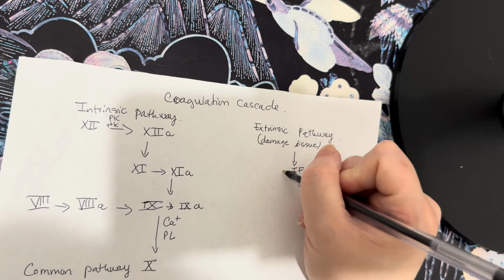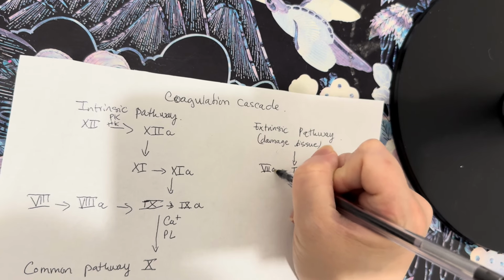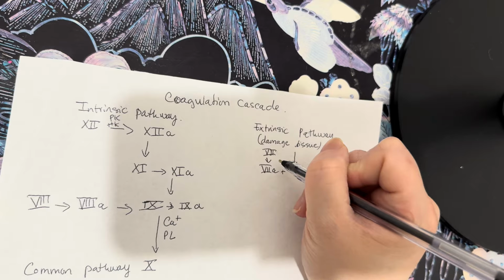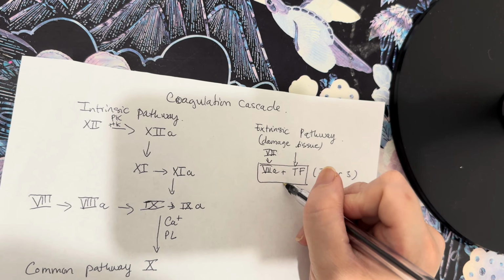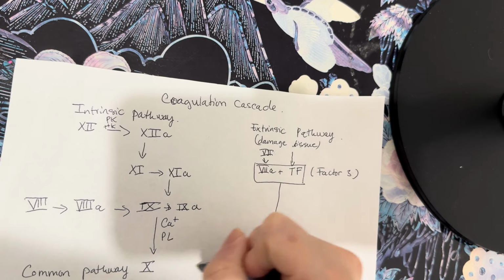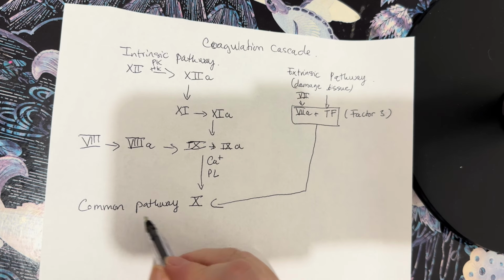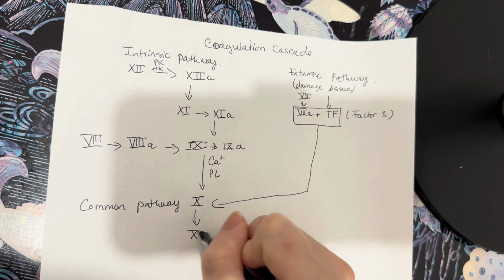This factor will combine with factor 7A, forms factor 7. These combine together to activate factor 10, which is the first step of the common pathway. And when it's activated, it becomes factor